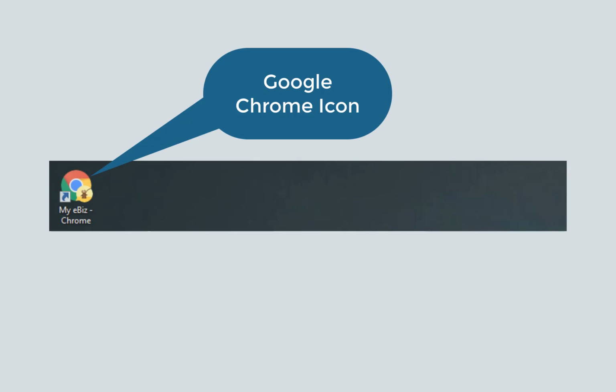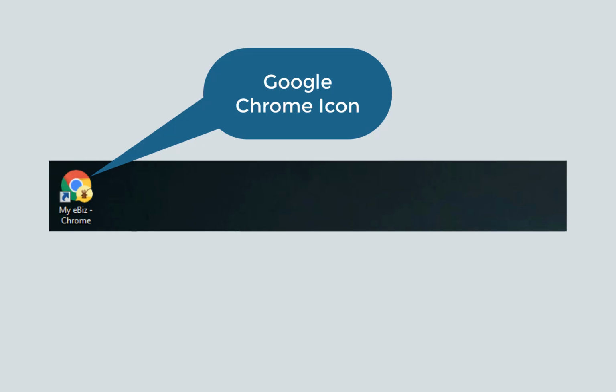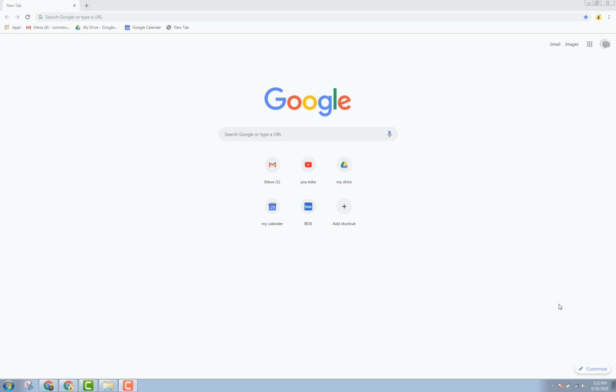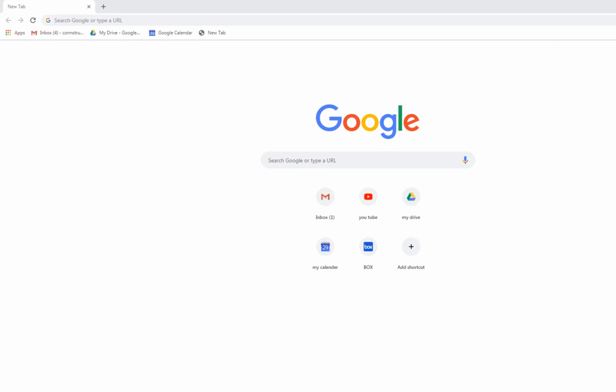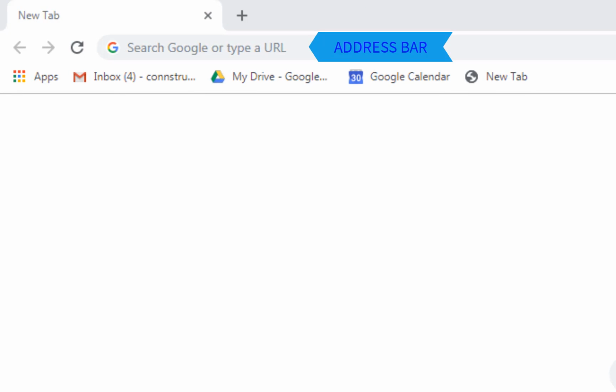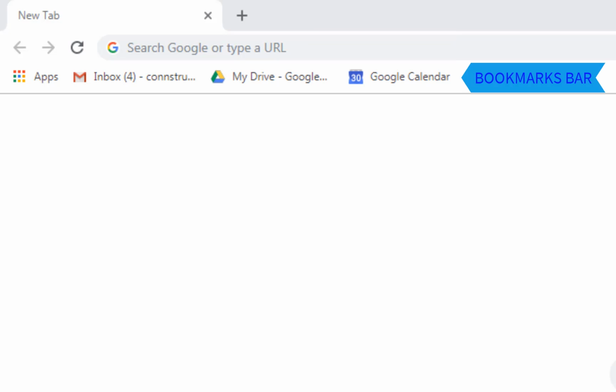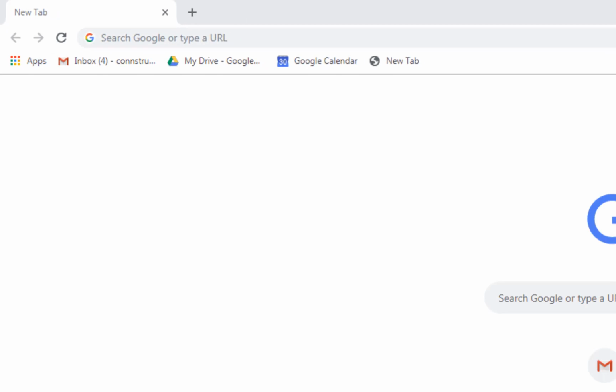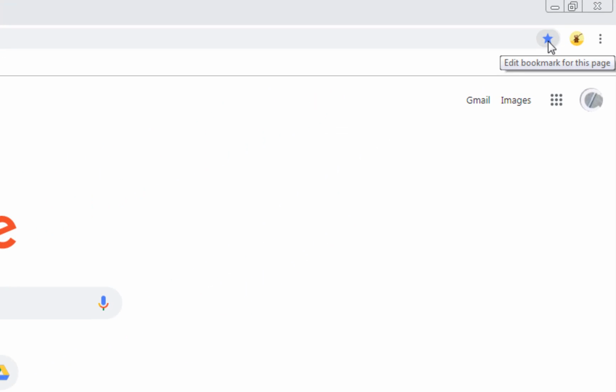While there are several web browser choices for connecting to the web, I'm using Google Chrome as it is their full-featured browser designed to take full advantage of the Google suite of tools. This screen shows my web browser with Google Search set as the home page. The key parts of a browser page are the Page Name tab displaying the title of the current web page, the address bar showing the address or URL of the current page, the Bookmarks bar where frequently used web pages can be stored for quick access by clicking the star on the right-hand side of the address bar,